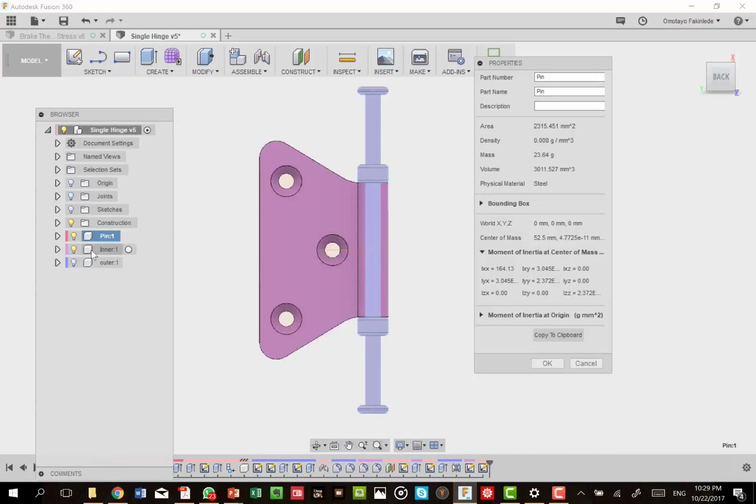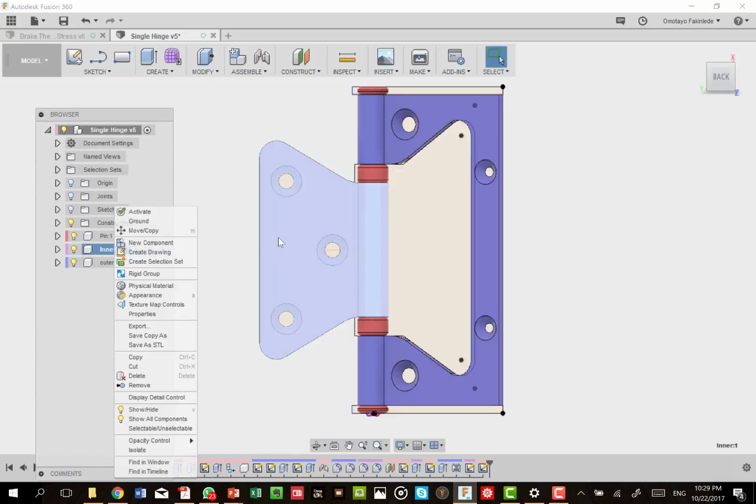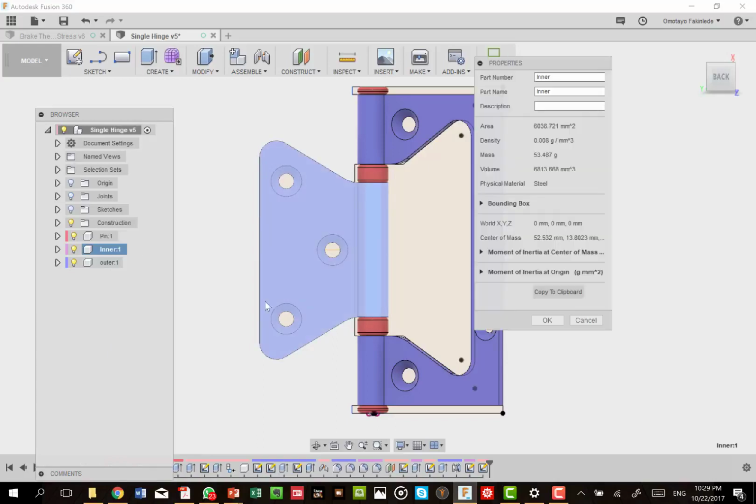We will get the same thing if we choose the inner. If we right click on the inner instead of the pin, and its color changes, and we look at its properties here, again we have the properties of this.